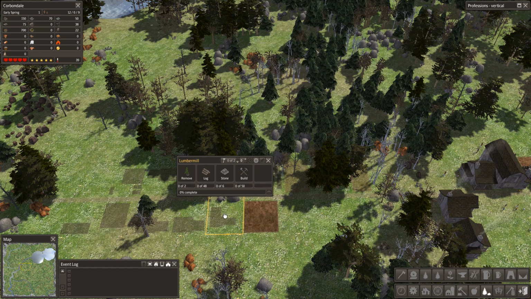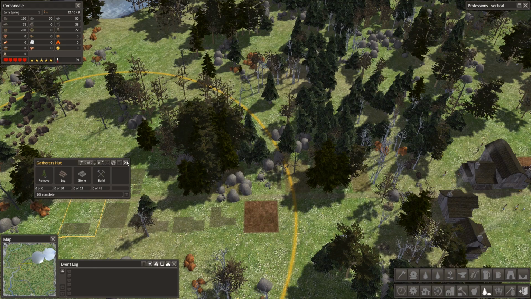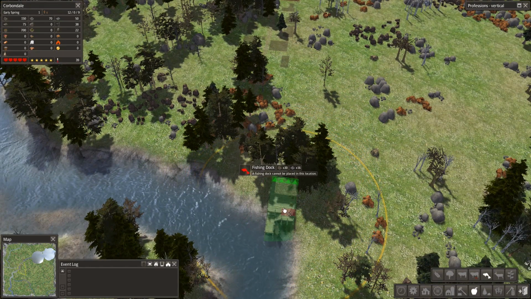And let's see, we're going to have a lumber mill later on when we have a stockpile. Yeah, when we have a stockpile of logs. And a medium barn for storage, and a gatherer's hut should be fine. Now, I actually wanted to put a fishing dock over here. So this is just getting everything set up